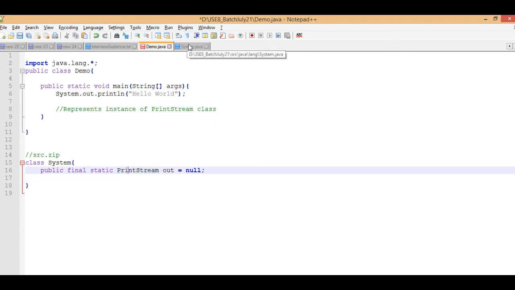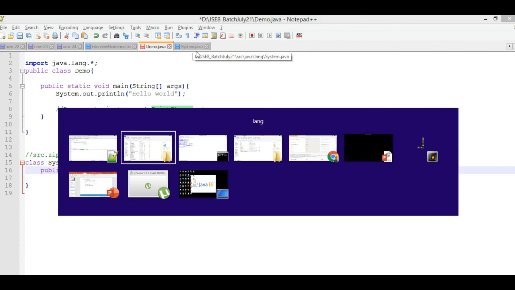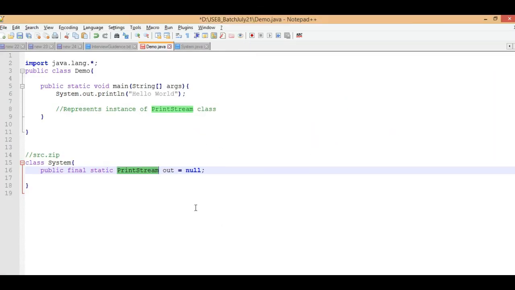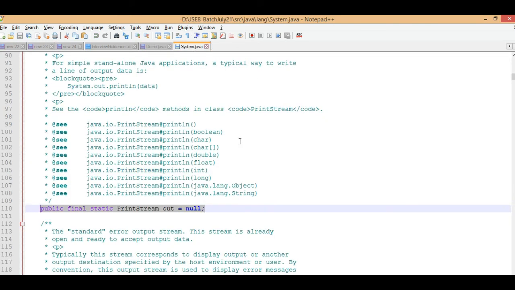Let's come to the PrintStream class. As you know, we are using an instance of PrintStream, but we didn't import any class from any package. So how is this supported?